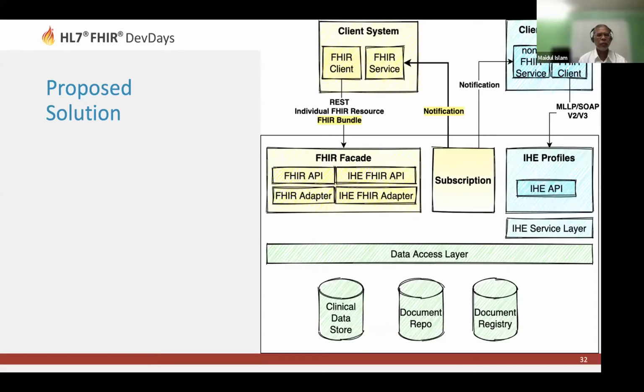If we see in the proposed solution, what I was planning is that within the subscriptions, we'll add all the trigger events the client has requested, and then we'll add the FHIR notifications to the client so that we can send back those notifications with the POST bundle batch query. And then we'll enhance our FHIR facade queries to add this POST query. It will be a bundle POST query, and then they can request whatever related resources for the encounter they need after the trigger event. We can suffice them with a single response back to them.